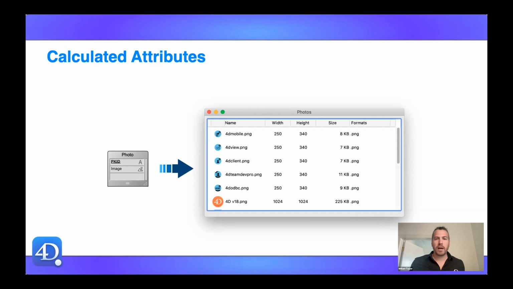You could do this in a variety of ways. You could have methods to be called, and you could call those methods whenever the list box was displayed. You could store this information in the photo, with more fields in the photo. You could do a bunch of different things. But now in 4D v19 R3, we have a very slick, elegant way to do this, and that's using calculated